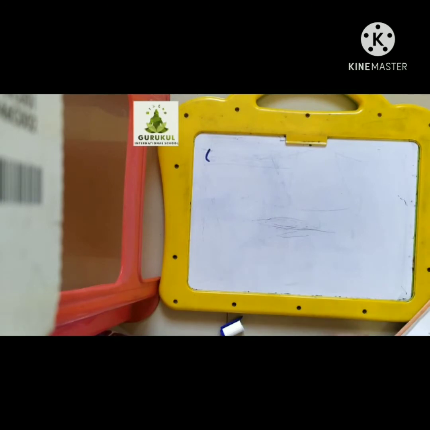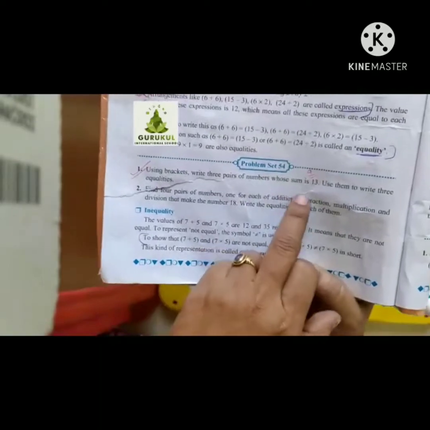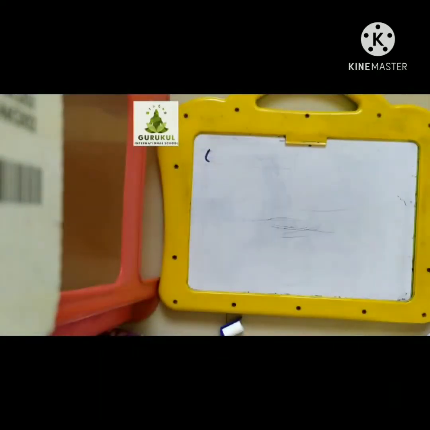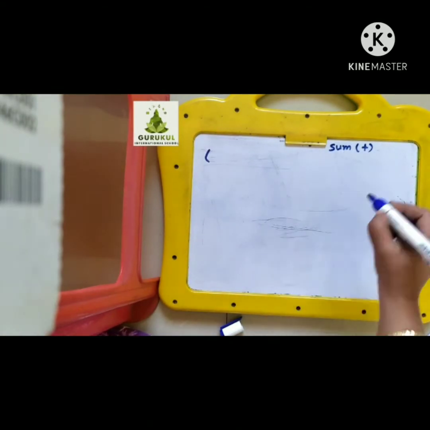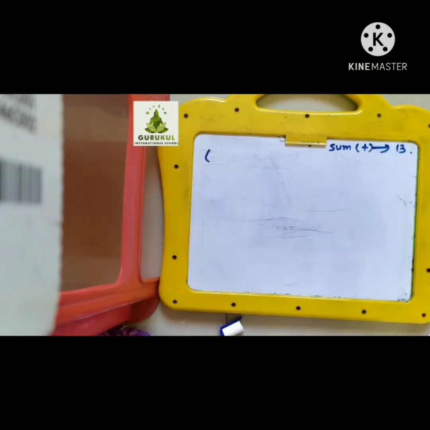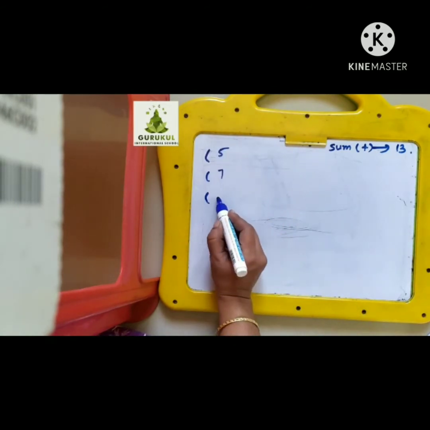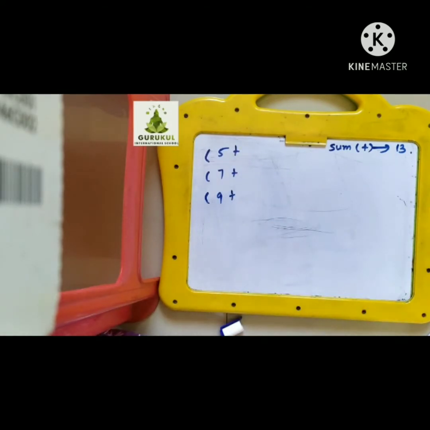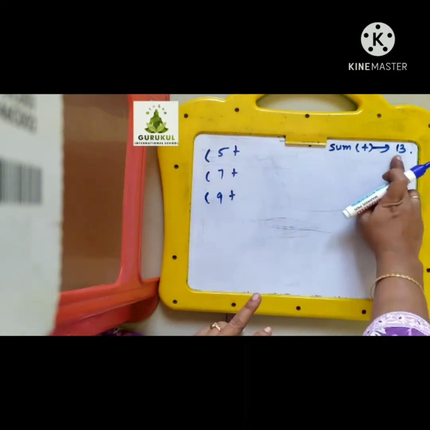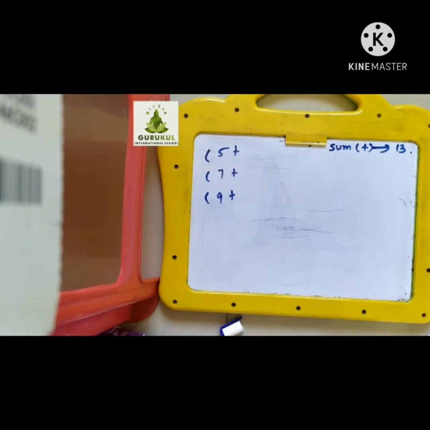Now the condition given to you is that you have to make the expression, and your sum should be 13. Sum means addition, so you put the addition sign and it should give 13. So decide any 3 numbers. For example, I decide here 5, I decide 7, I decide 9. And I want plus. My first 3 numbers I have decided. Now I want the answer 13. So after 5, I count till I get 13. How much do I get?